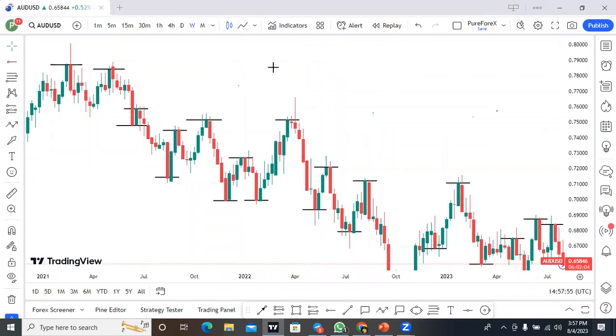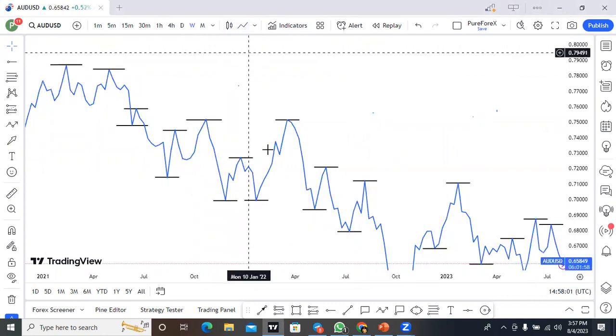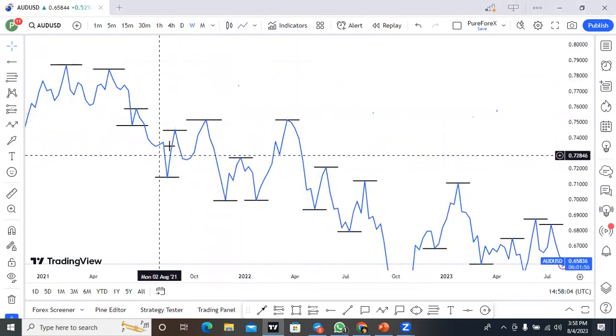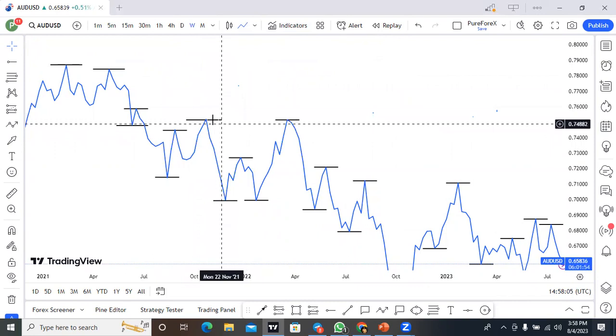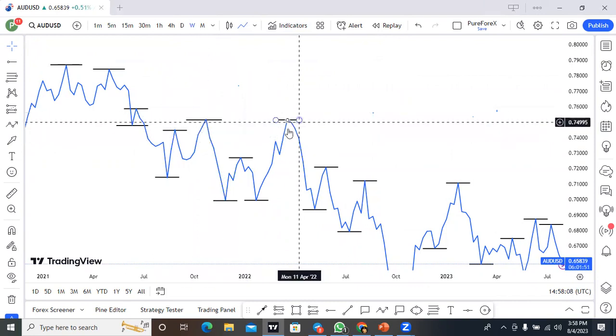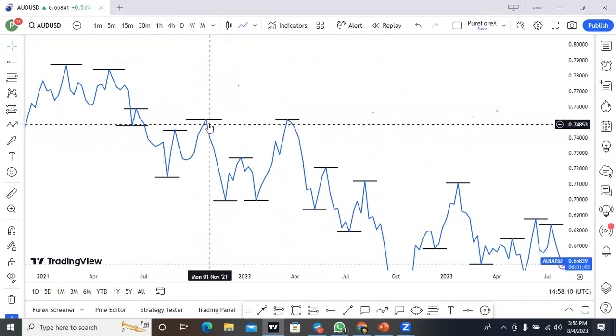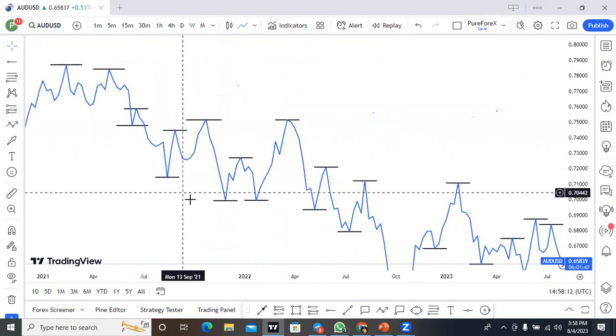So let me change to the line chart. So this is the line chart. If you look at the screen here, you will see this sharp A. This is what we mean by strong support. And this sharp V is what we mean by